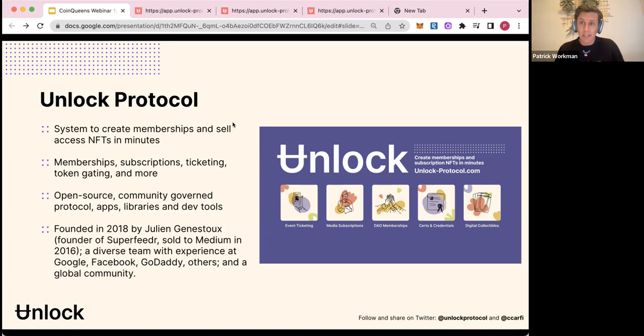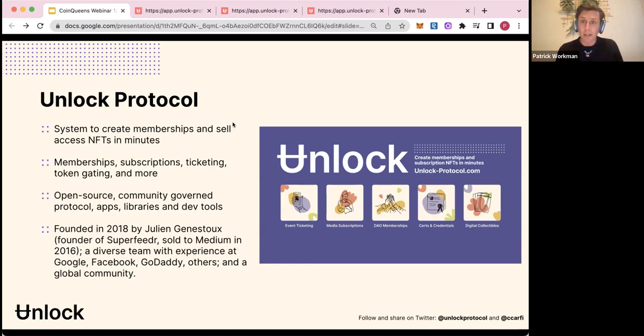Most of the NFTs that you see out in the wild that aren't created on Unlock offer lifetime or perpetual access. These NFTs are minted with the expectation that you're going to get access forever. Forever is a really long time. What we see happening in the space is that all the money is collected up front, and then eventually the treasury of these projects goes down to zero, because in the history of mankind, there's never been a sustainable business model built where all of the money is collected up front and then there's no recurrence.